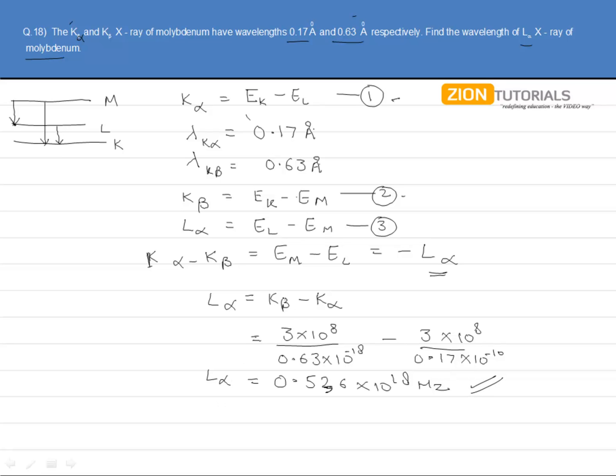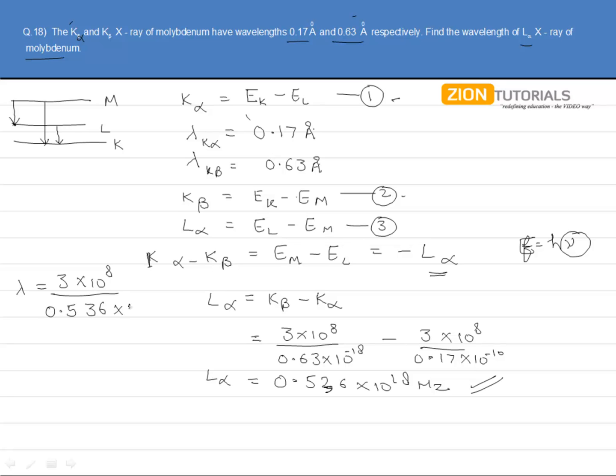Now, how I actually had the expression in the form of energy and got it into the frequency is because energy is h nu. So obviously from both sides h will cancel out and only the frequency expression will be left. So directly we can subtract it like this to get the frequency expression. Now we have the frequency and we need the wavelength. So simply we can use the relation c equal to f into lambda. So lambda equal to c, that is 3 into 10 to the power 8 upon